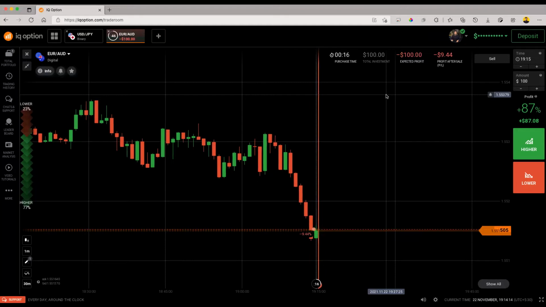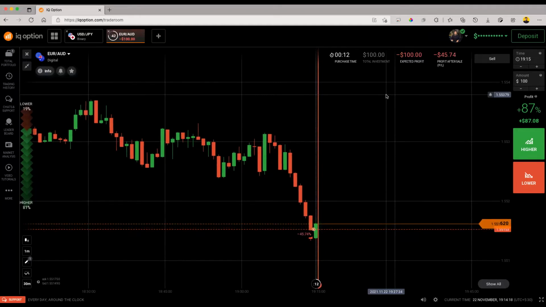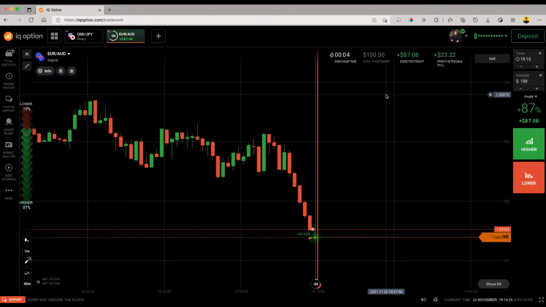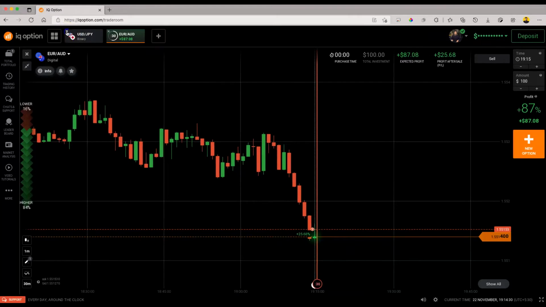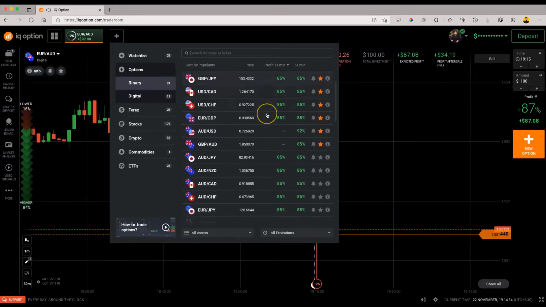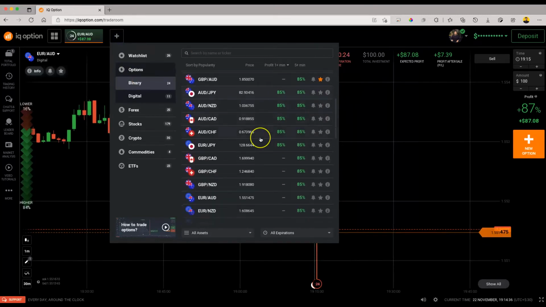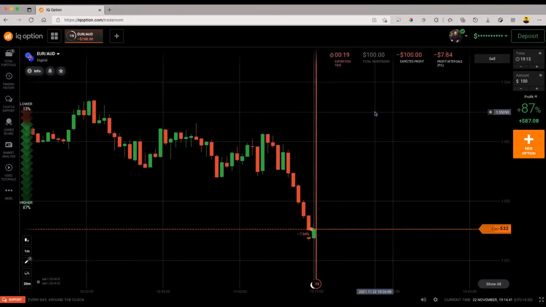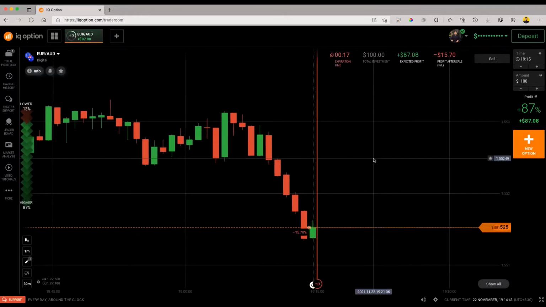So here we have taken the put trade because the previous candlestick was strong, and this was the reason we went for the put trade. Now let's wait and watch. Here we have taken a $100 trade because, as I told you previously, there is smooth formation, a strong presence of sellers, and the previous candlestick was also a strong candlestick with a strong presence of sellers. So that is the reason why we have taken the put. Now let's wait and watch.